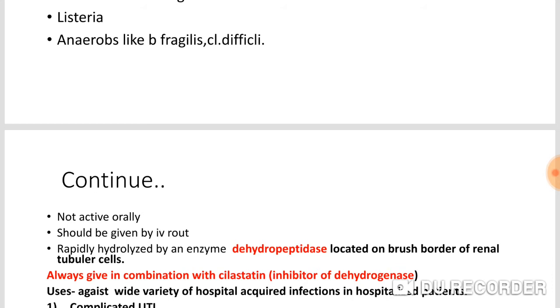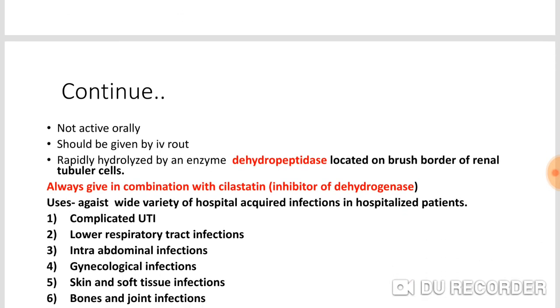Imipenem is not active orally, so it should be given by IV route. An important feature of imipenem, out of all these carbapenems, is that it is the only drug which is rapidly hydrolyzed by the dehydropeptidase enzyme, which is located on the brush border of renal tubular cells. So it is always given in combination with cilastatin, which is an inhibitor of the dehydropeptidase enzyme. It is used against hospital acquired infection in hospitalized patients, or it is reserved for